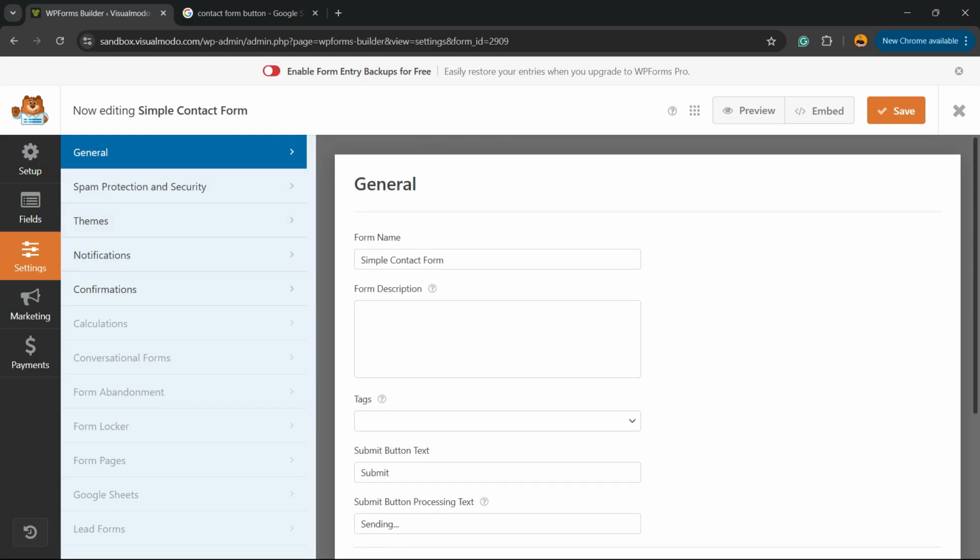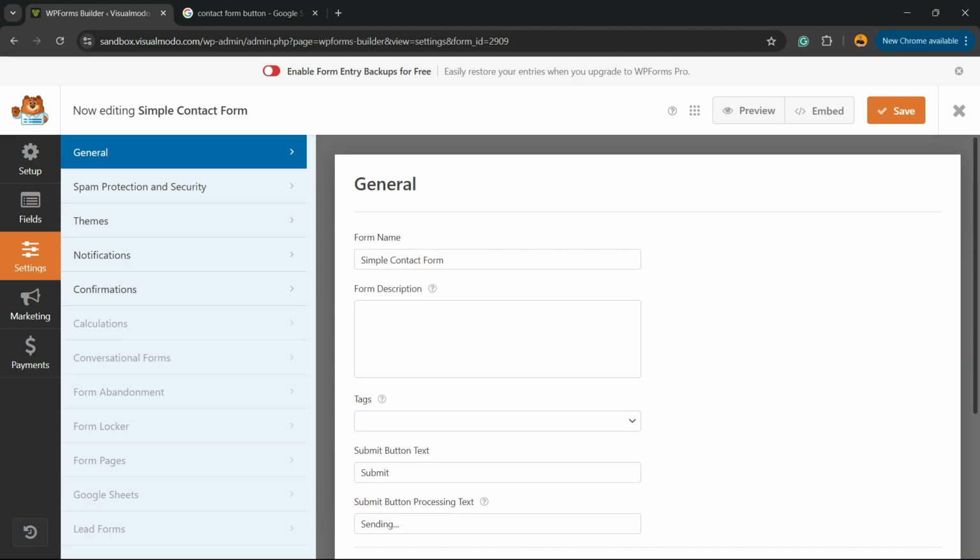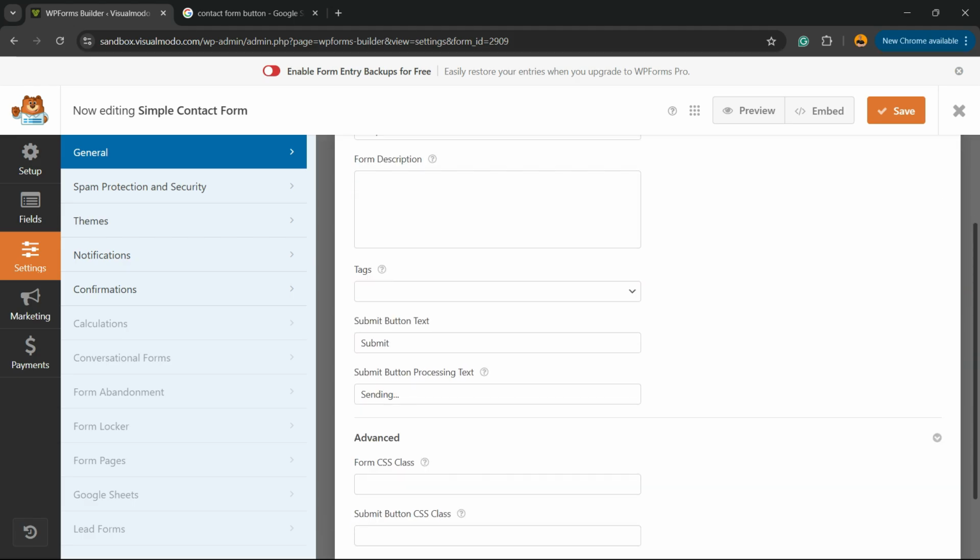Okay, right here on general, from the left sidebar of menus, we have setup, field, settings, and on settings we have a couple of options: the spam protection, themes, notifications, confirmations. So go to general, scroll down just a little bit, we can change the form name, you can enter a description for your form, apply some tags for organization, and right here we can change the submit button text,